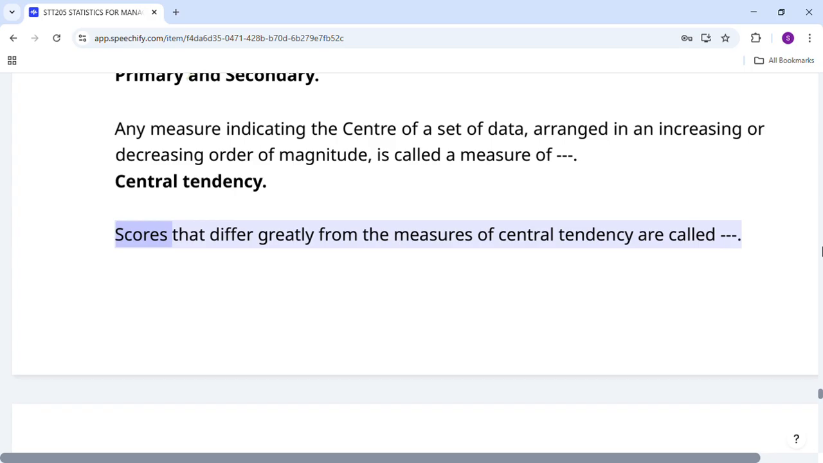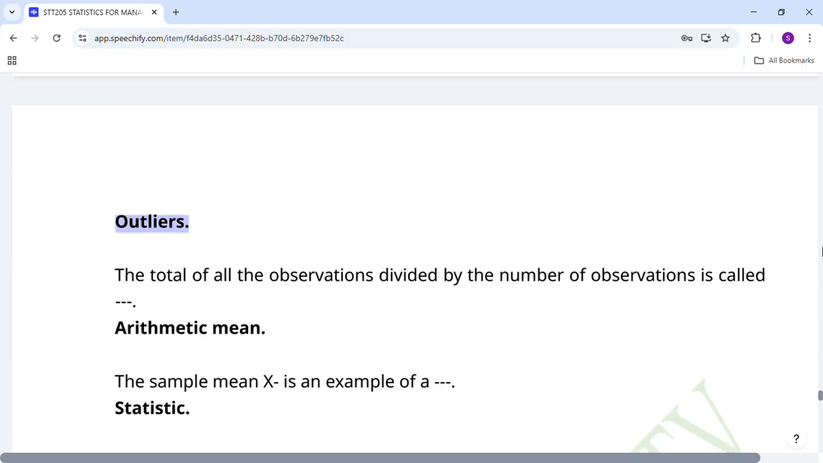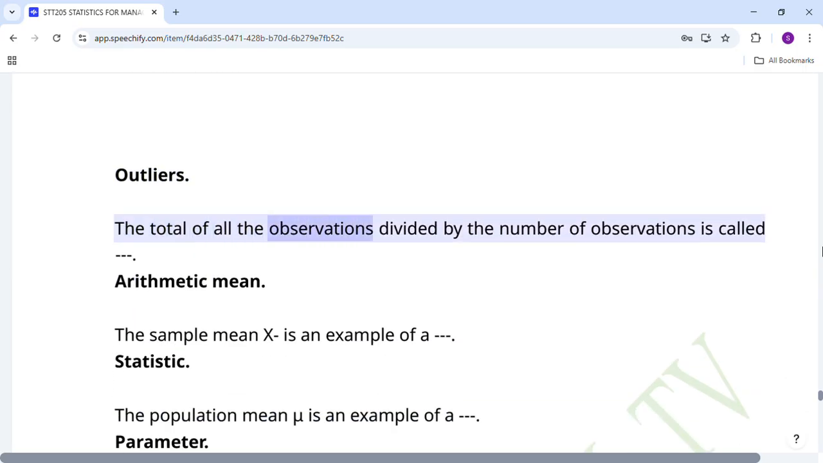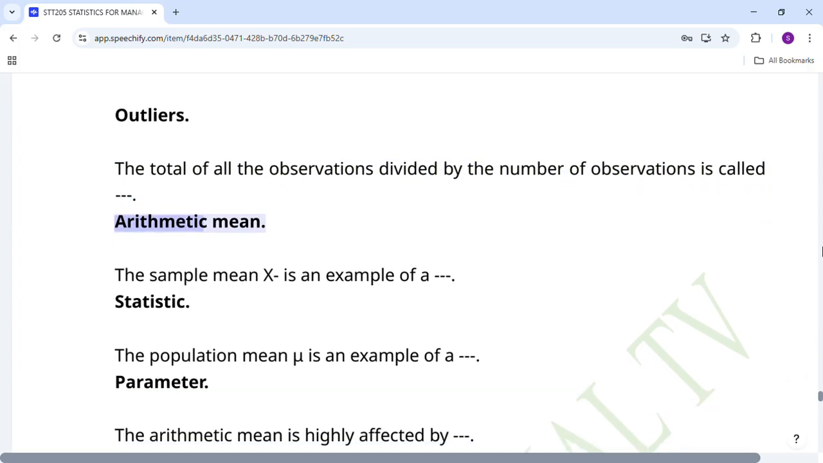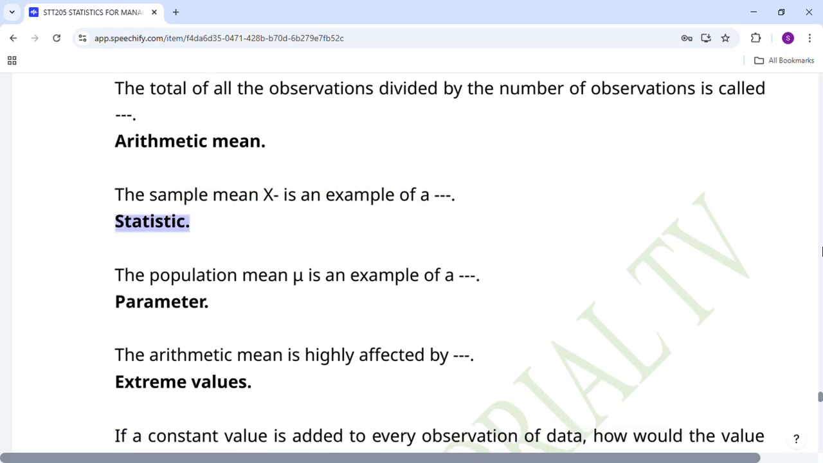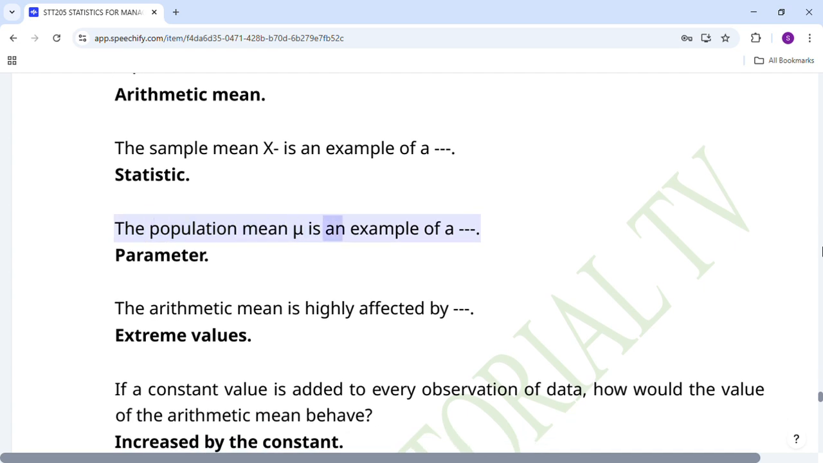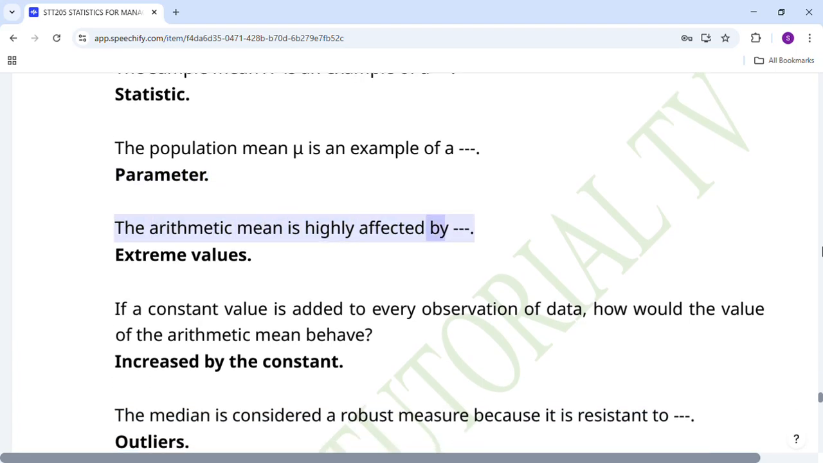Scores that differ greatly from the measures of central tendency are called outliers. The total of all the observations divided by the number of observations is called the arithmetic mean. The sample mean X is an example of a statistic. The population mean mu is an example of a parameter. The arithmetic mean is highly affected by